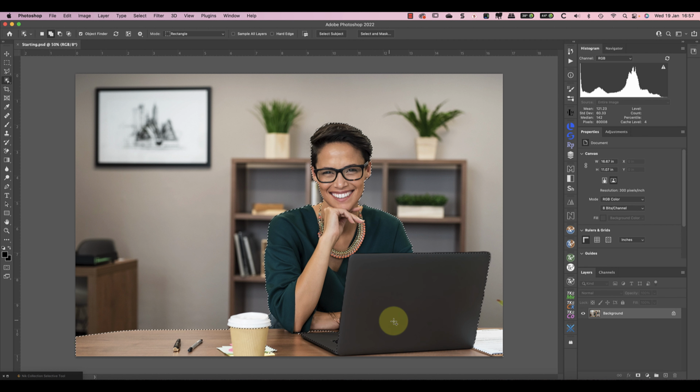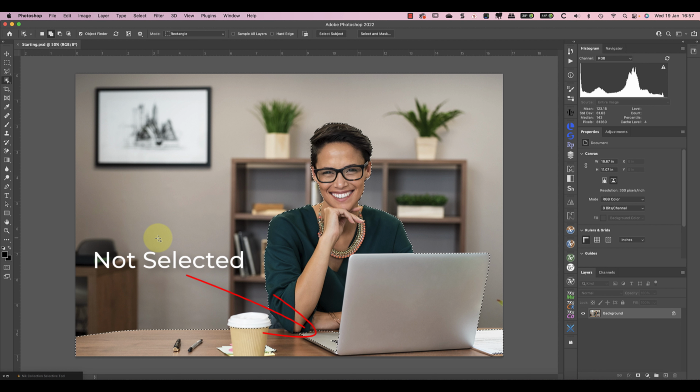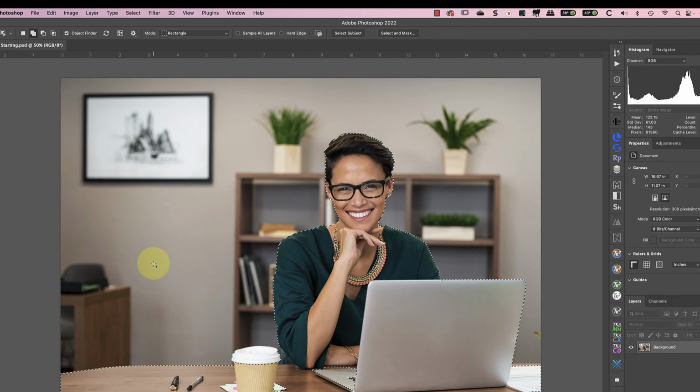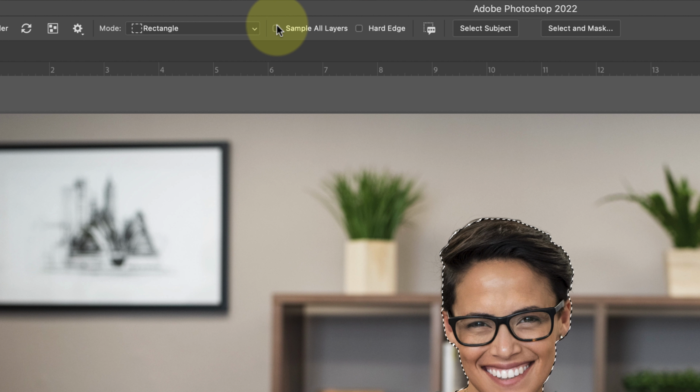selection. Unfortunately, there is something missing from this tool, which is the option to display a mask or overlay rather than the selection. When you choose multiple objects, the marching ants make it difficult to see what is and isn't selected. This can make finding and fixing problems quite difficult. Shortly I'll show you what I think is a better option, but first let's try to clean up this selection.